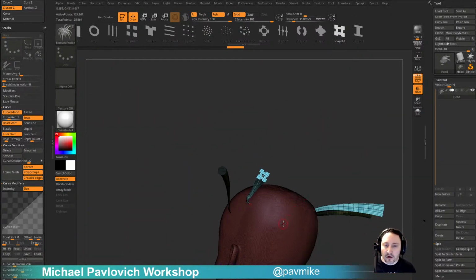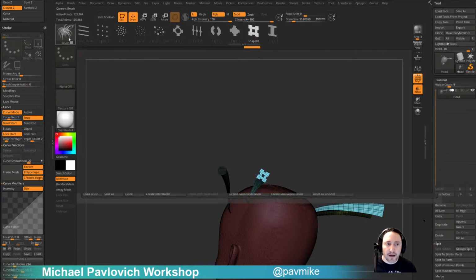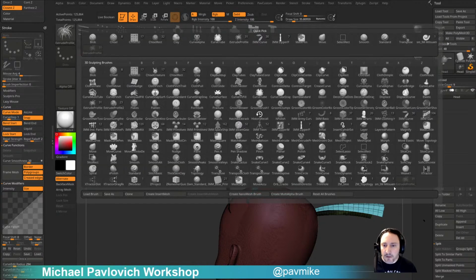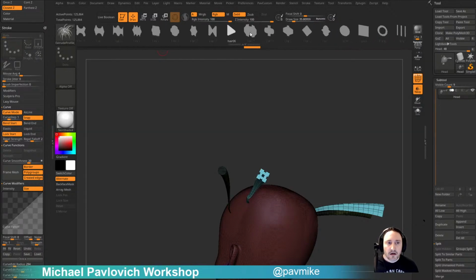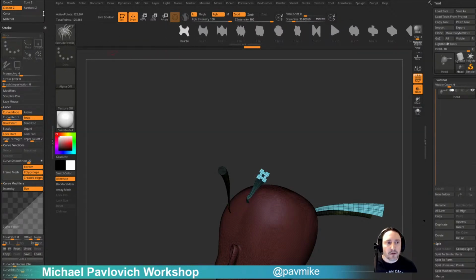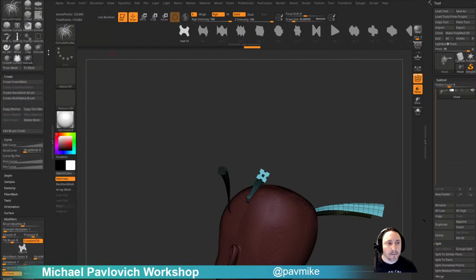And like we mentioned before, do you want to delete some of these or add? Let's make our own brush. So we're going to go in here, Extrude Profile. We're going to clone this off. So if we go back into my brushes here, and we're going to say, oh, there's Extrude Profile 1 at the very end. Let's change it. So I'm going to go through here and I'm going to say, you know what, some of these I don't need. So I'm going to go in here to brush,